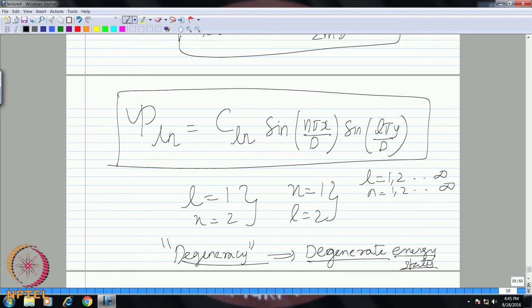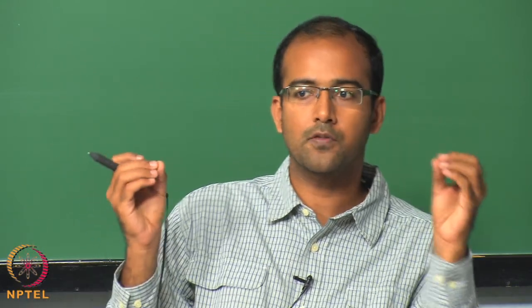So, what is degeneracy? Degeneracy is nothing but having different modes of waves with the same value of energy. They will have different wave functions, but possess the same energy. If you look at the energy state, they will be occupying the same energy level, but they are two different wave functions. So, in terms of only looking at the energy levels, it looks like they are degenerate, that means they occupy the same energy level, whereas from the wave function point of view